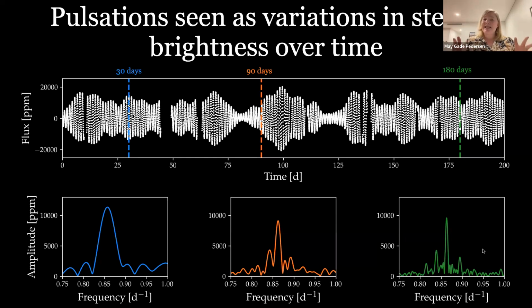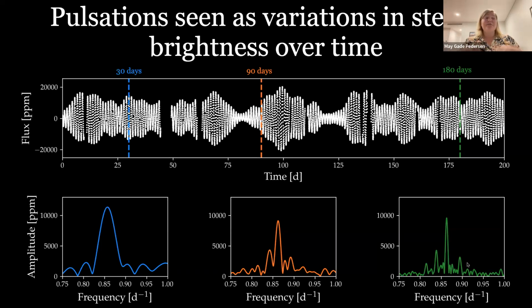And so what you see is, as we increase the length of the time series, the frequency resolution increases, and we start being able to detect frequencies we might not have been able to before. And also, because of this narrowing of the peaks, we can measure the frequencies to a much higher precision the longer we observe the stars. And the better precision we get on the frequencies, the better constraints we can get on the interior properties of these stars.